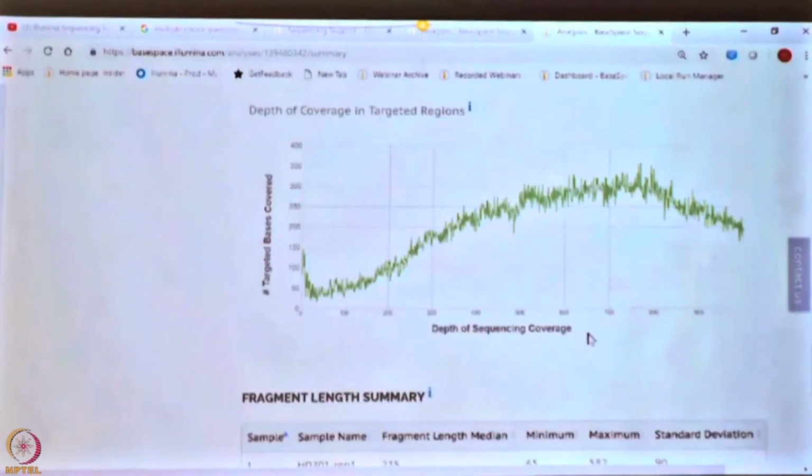For somatic mutations, you may want to sequence as deep as 5000x, 10,000x, depending on the frequency of the mutation, right. If it is a rare variant and in cancer samples, especially if it is a heterogeneous tissue sample, you may have to sequence deeply. Liquid biopsy is another example where you have to sequence deeply because you are really trying to identify those cancer DNA, cell free or CTCs in your blood, which will have DNA from your normal cells, right. So, the depth of sequencing in this case is very high,